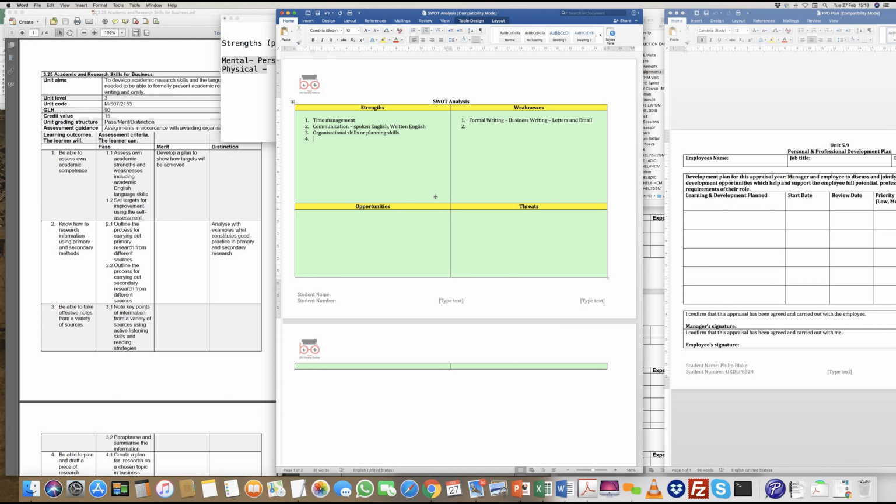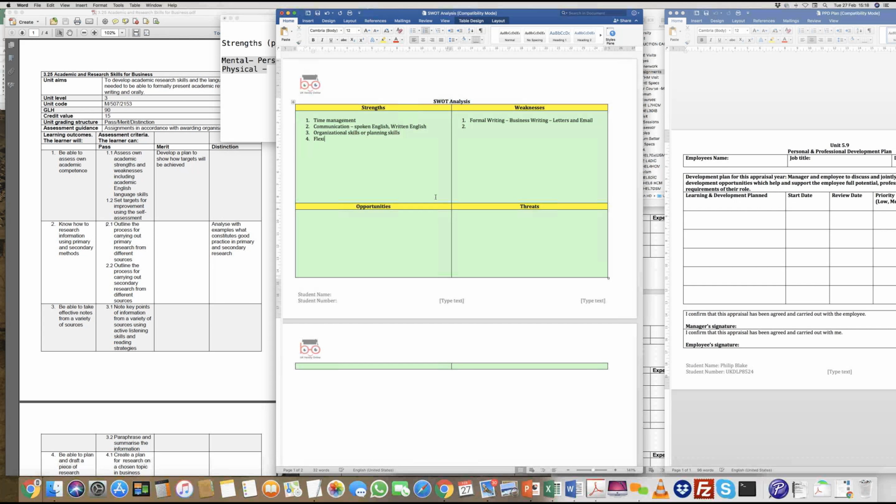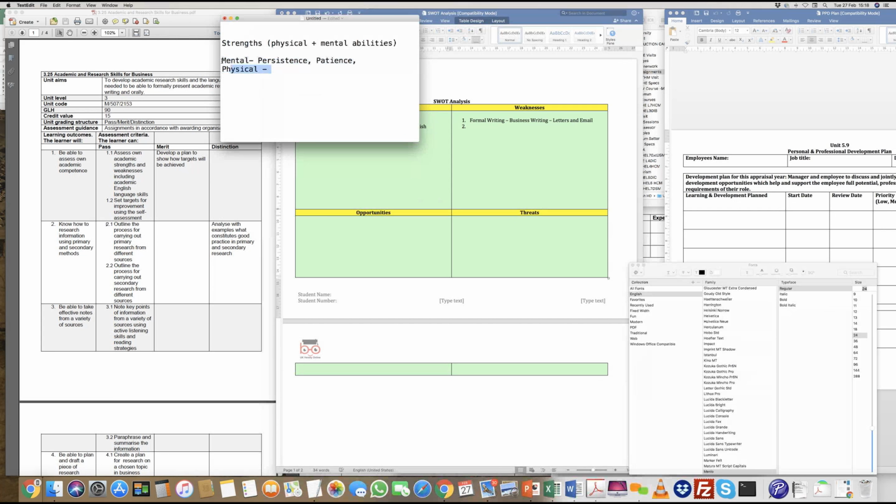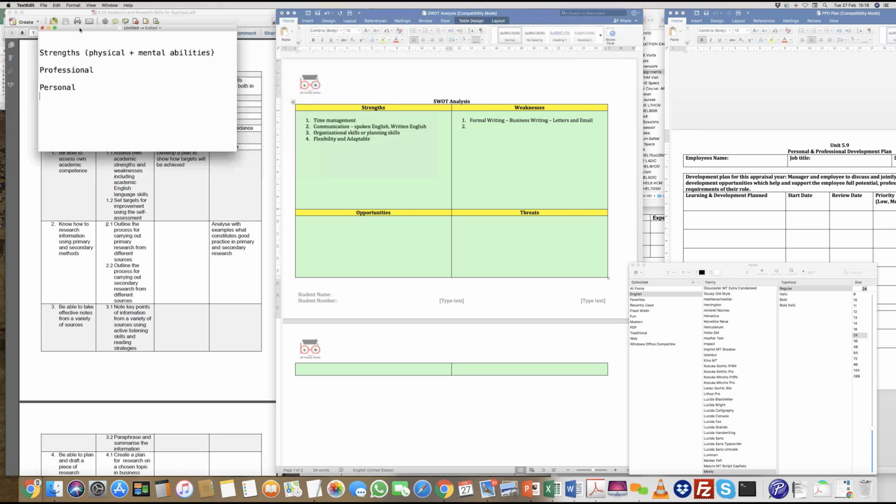So here, what we want to look at is areas. Say, for example, sometimes you say, I'm flexible and adaptable. Now, what I'm giving you here is an example of some strength areas, some of which are professional and some of which are personal. So here we're talking about strengths which could be treated as professional traits, or strengths which could be treated as personal traits. Time management is more or less required when you work at a place, when you go to an office. So if your time management is good, it is considered a professional skill that you have, if you're able to manage time